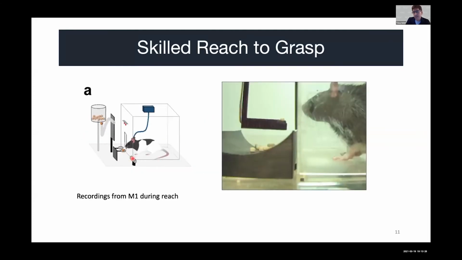So this is the task we spend a lot of time looking at. In this task, rodents make a movement and they grasp a sugar pellet, which is a few millimeters away. And it has 3 very specific phases. So I'm going to play this video for you. There is an extension of the hand, then there is a grasping of the sugar pellet, and then there is a retraction. So it's also called a reach to grasp task.